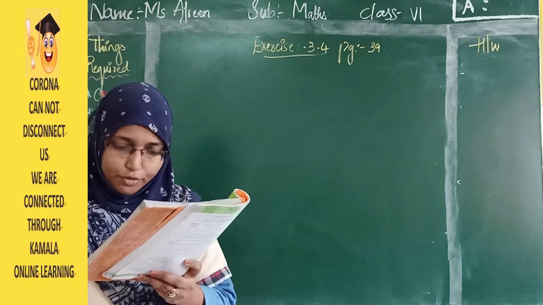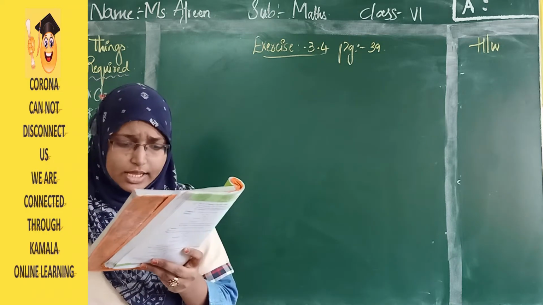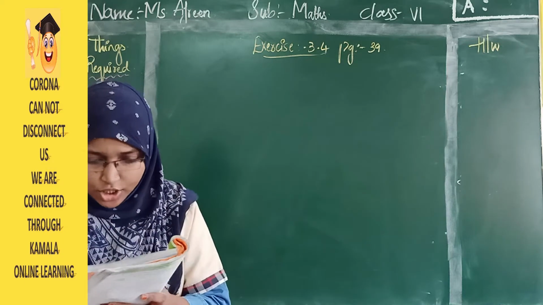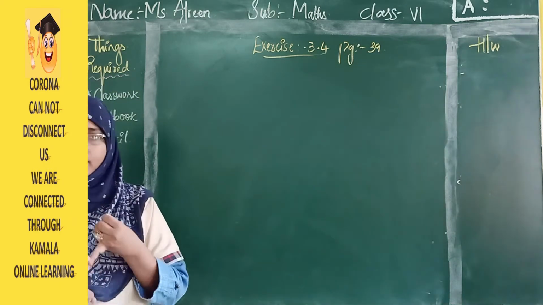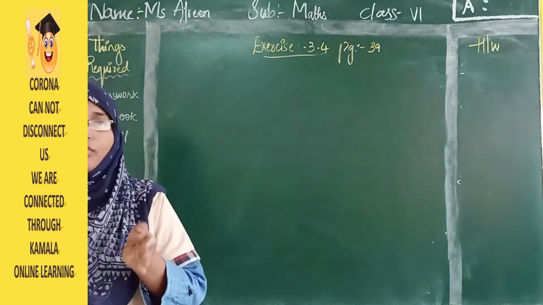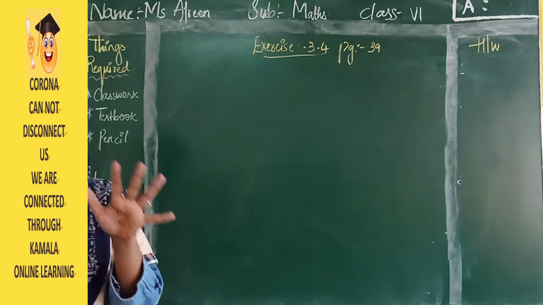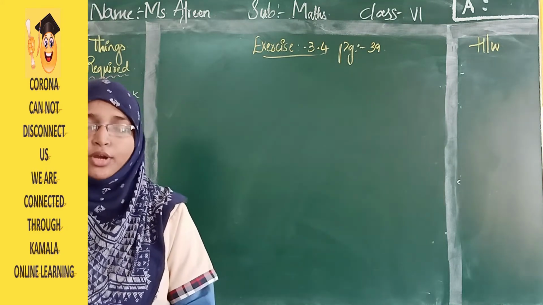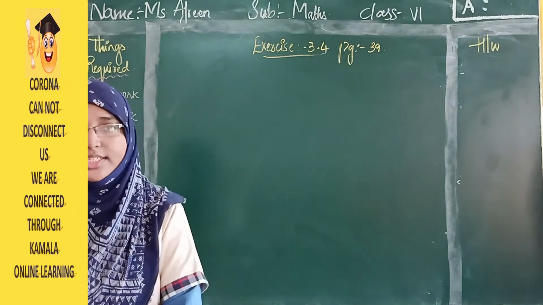The length, breadth and the height of a room are 12 meters, 15 meters and 18 meters respectively. Determine the length of the longest stick that can measure all the dimensions of the room in an exact number of times. So here they have given the measurements of the length, breadth and height. They have given these three values and they are asking what can be the measure of the longest stick which can be used to measure all the dimensions at a time. So what we will do, we will use the HCF method to find out how many meters long the stick needs to be to measure all these dimensions.